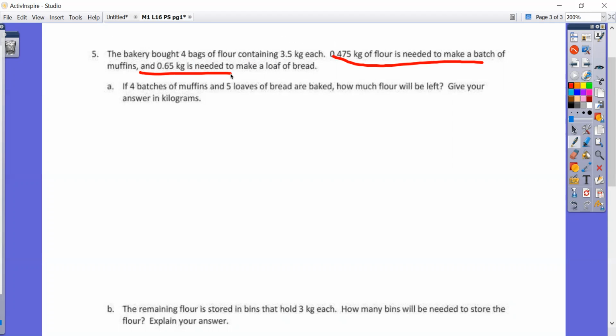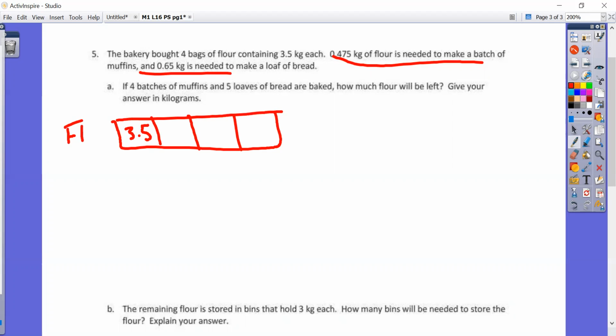So let's start working on this. So if 4 batches of muffins and 5 loaves of breads are needed, how much flour will be left? Well, first we have to decide how much flour we have. Well, we have 4 bags of flour, right? 1, 2, 3, 4, and each of those bags of flour has 3.5 kilograms. This is our flour. But we don't know how much we have altogether. So let's go ahead and